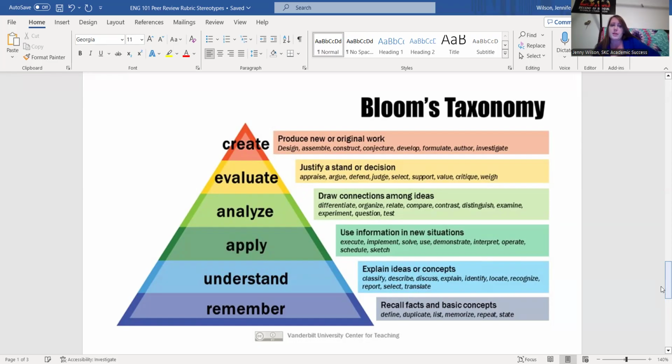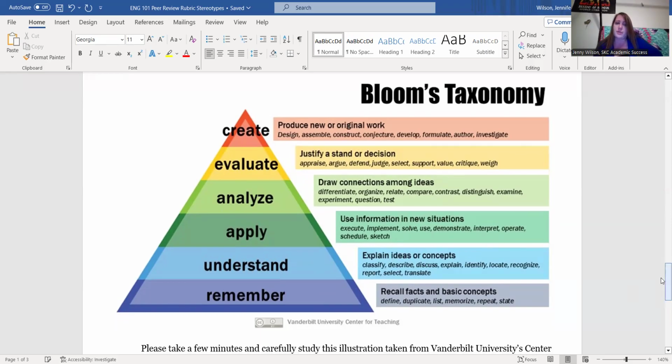But basically, this particular pyramid is set up in such a way that these are like the stages of learning. Okay. Why would I need a graph that shows the stages of learning to help students think about their writing? Well, when a middle school or high school teacher assigns a book report and says, okay, everybody in class read To Kill a Mockingbird and tell me about it, these lower levels of the pyramid are basically what you would do with a high school level book report.